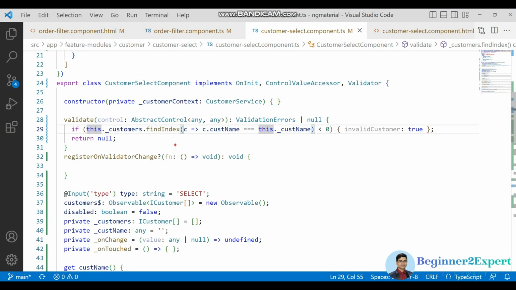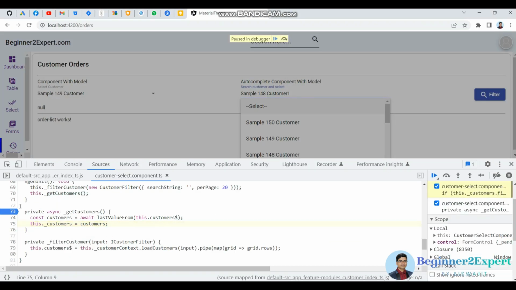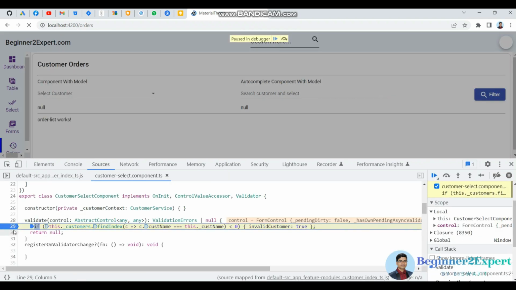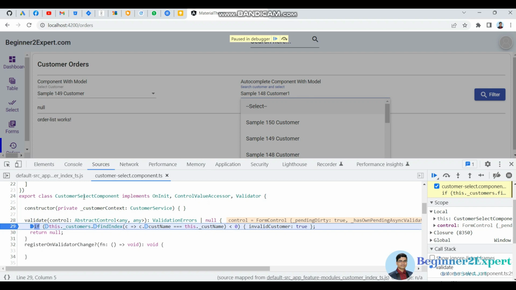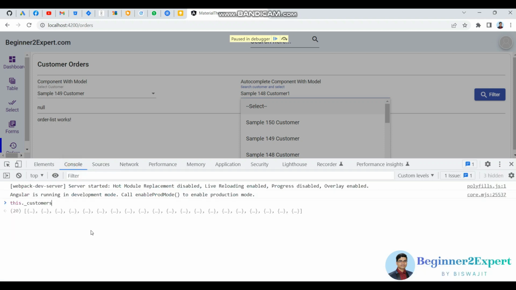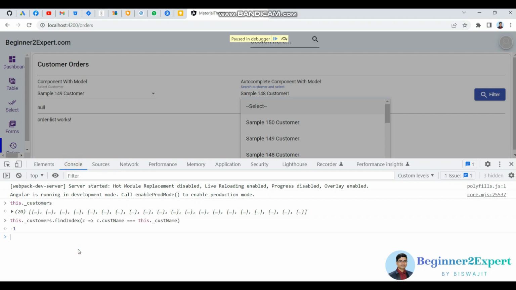Okay, now here what I need to do, remove all the debuggers. Let me put one here. After I change something here, the moment I change anything, the validate method is firing, and here I can see, if I check whether that customers is also coming, yes, it is coming, and here it will be validated against the customer name. Okay, it should not be the case. Let me check what value is actually returned. Yes, that is coming -1,